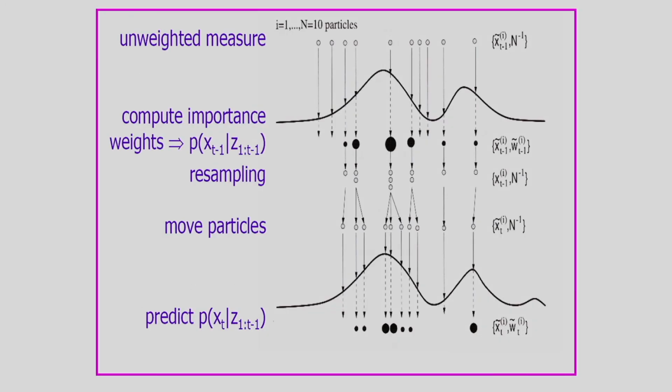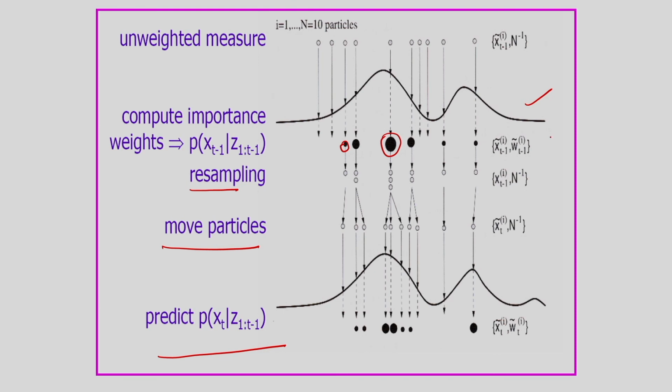So here you can see this PDF is approximated by the n number of random particles, and I am assigning the weights corresponding to all these particles. These are the weights. You can see this particle has the maximum weight as compared to this particle, and after this we have to propagate these particles. So move the particles, and before moving the particles we have to do the resampling of the particles, move the particles, and after this we have to do the prediction. And this is the step of the particle filter algorithm.